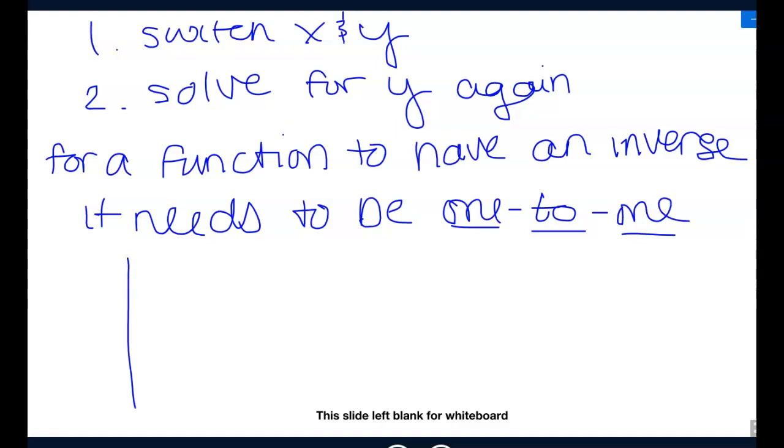So a quadratic, by definition, does not have an inverse. A quadratic only has an inverse on a restricted domain. So the domain either has to be the right side or the left side. And the domain's going to come from which one becomes true. So the inverse